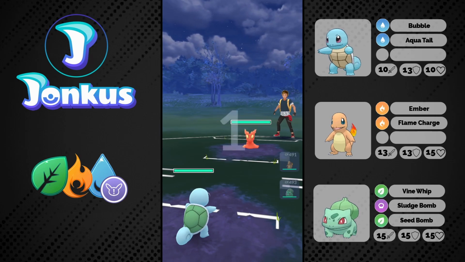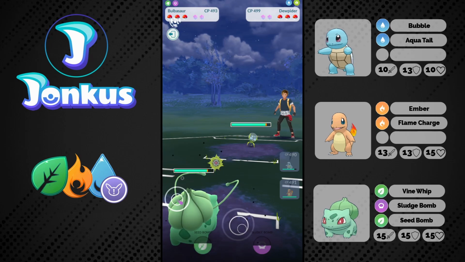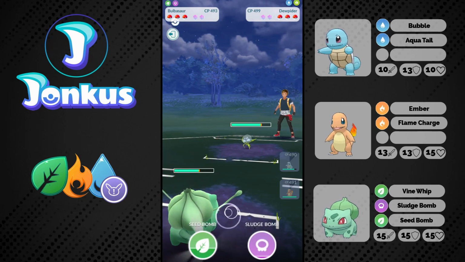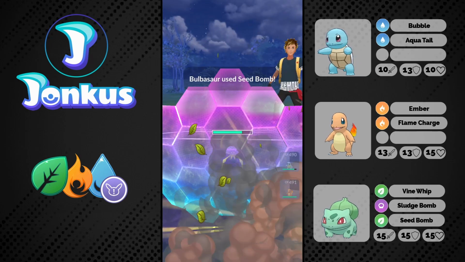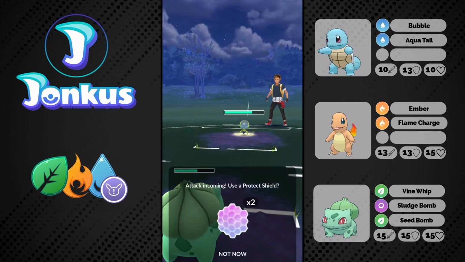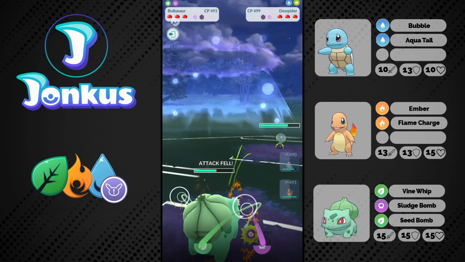Next opponent, we see a Slugma. Slugma is definitely a Pokemon I like to see. Dewpider isn't a Pokemon I like to see. They will be able to realign if they want to. And they most likely want to realign here anyway. As a Sludge Bomb, as a Seed Bomb going to get shielded here. I will be able to shield up the next move of them,